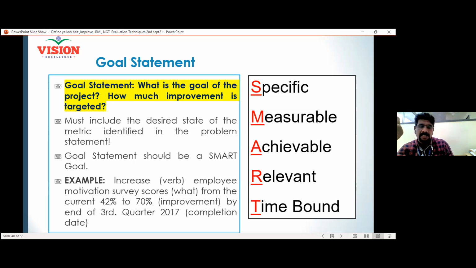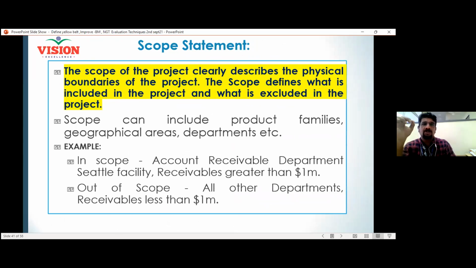So first you have the business case, problem statement, then the goal statement, then the scope of the particular project charter. Scope. See, scope is very important. For example, whether the project has to be carried out within the organization, or we can hire external people, external experts, whether the project is limited to a particular department, and what is your scope within the department. All these things have to be explained, briefed clearly. Then only you will be able to execute the project without any conflicts within the organization.